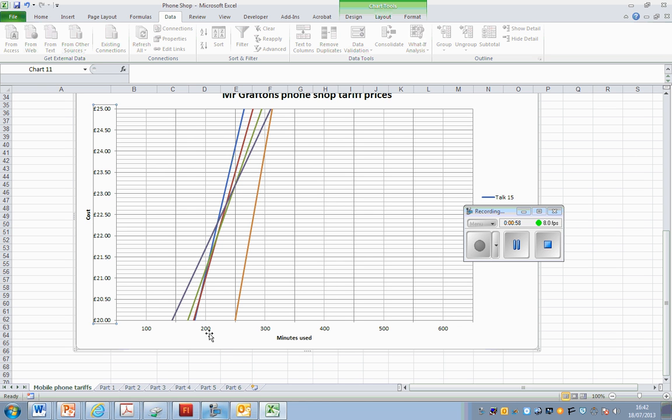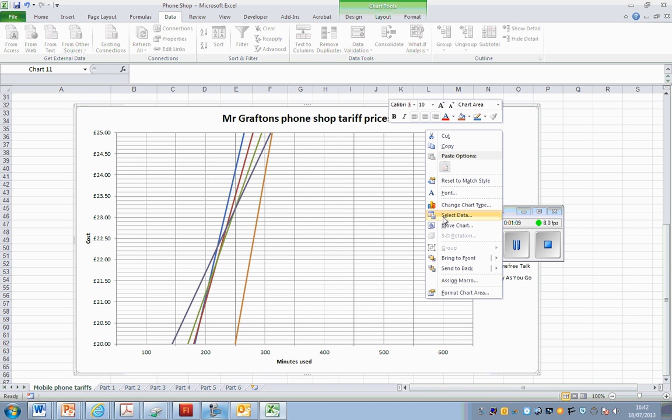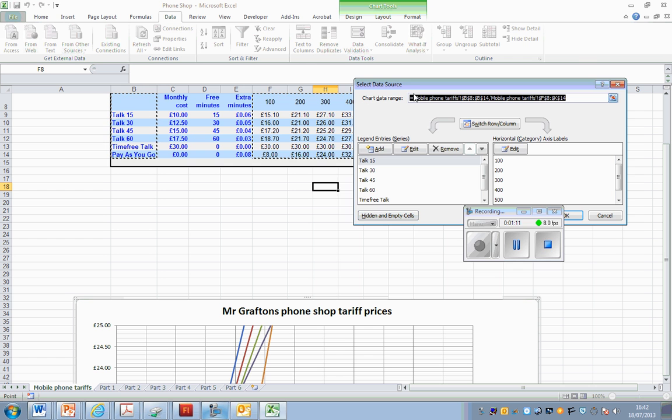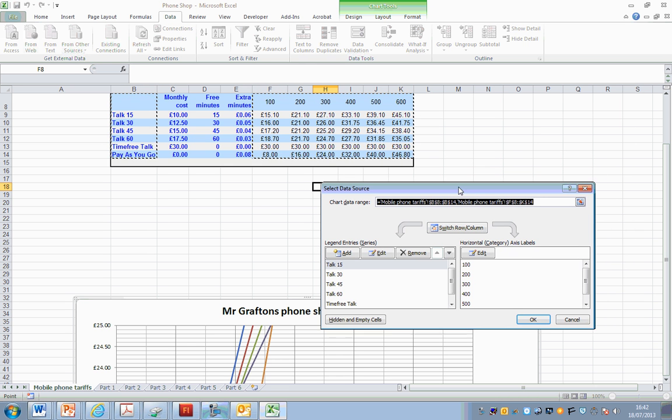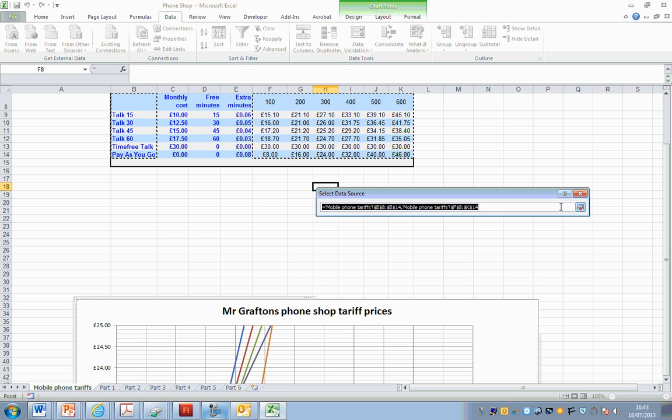Now I also really just want to see in between 200 and 300 minutes on the graph. So what I can do is change the data that's selected. If I right click and go to select data, right now I've got from 100 to 600 minutes selected, but if I change this,